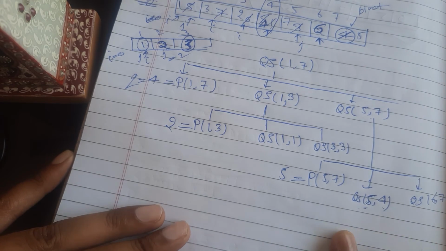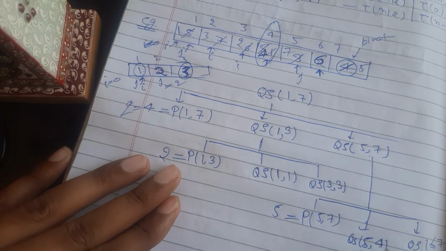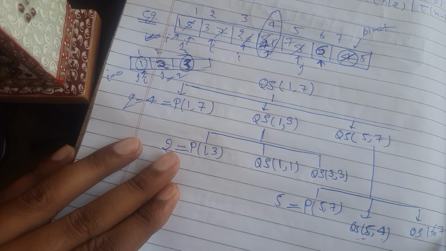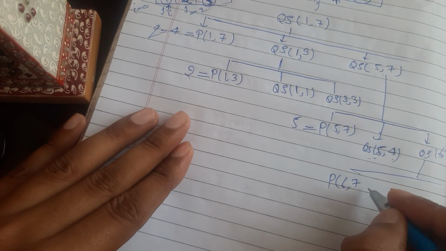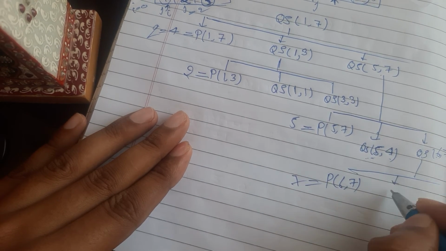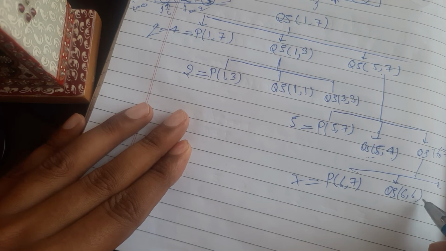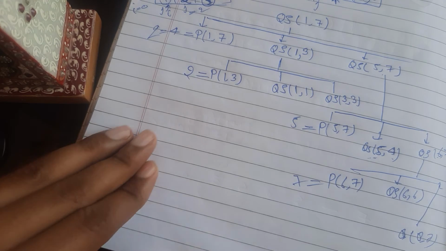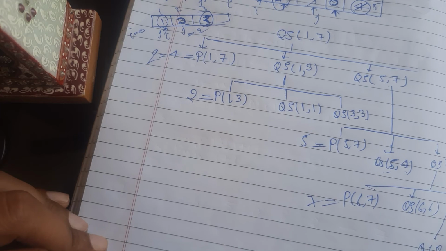Then we apply the partition algorithm on 5, 4. Okay, so there is a condition where p is less than r, but here p is not less than r, so we cannot apply the partition algorithm or quicksort algorithm here. Then we apply it on 6, 7 where p is less than r. Then we apply the partition algorithm of 6, 7. Okay, it will return the index 7. So we apply the quicksort on 6, 6 and quicksort on 8, 7. So this is the recursion tree of a quicksort.